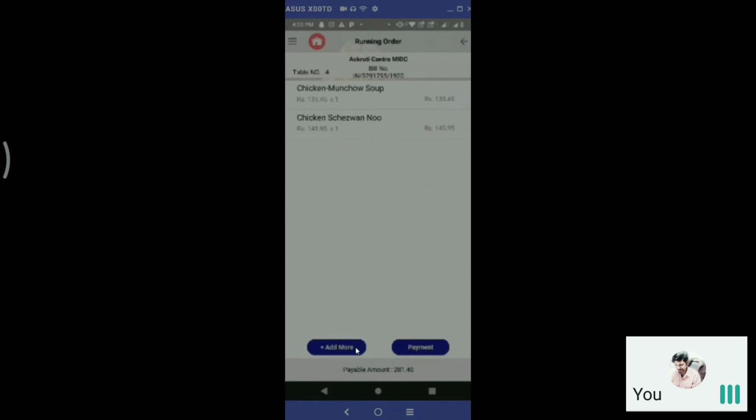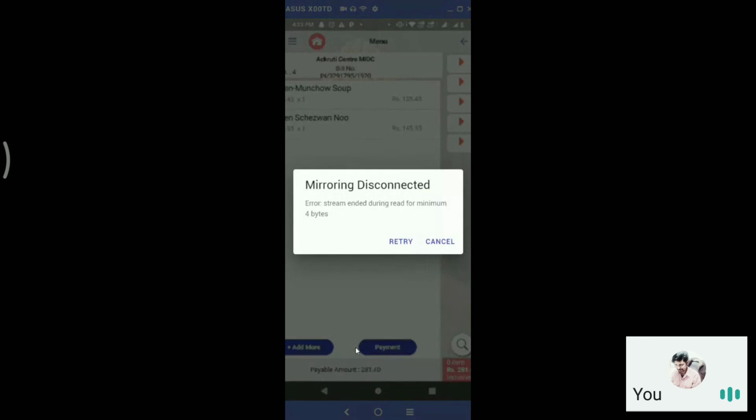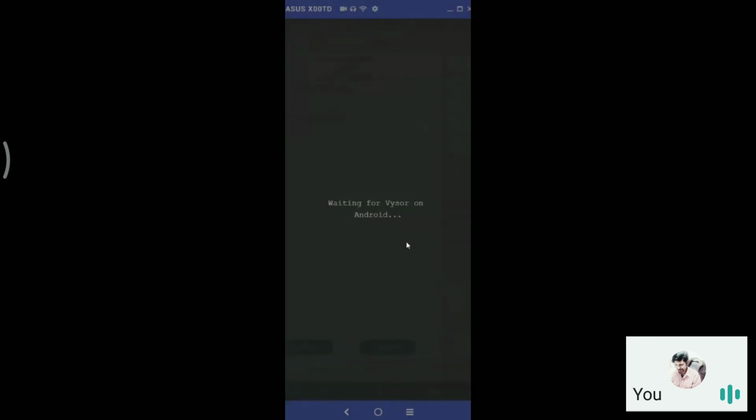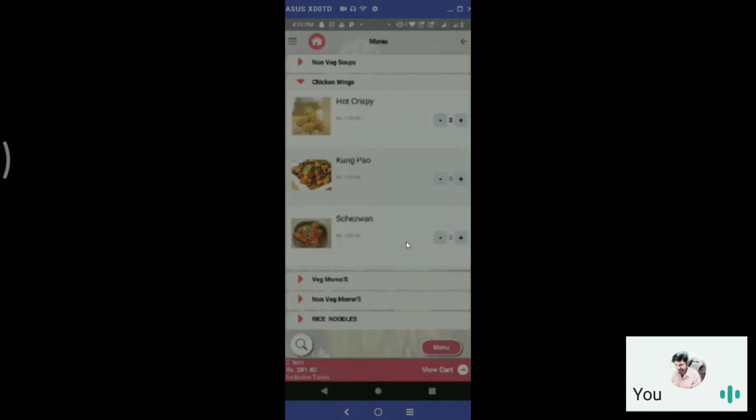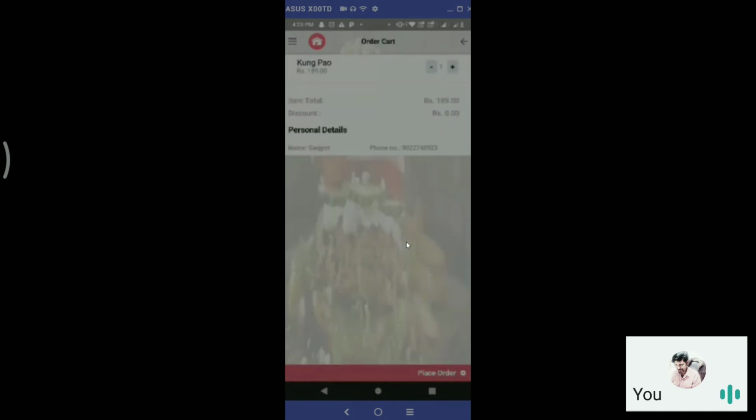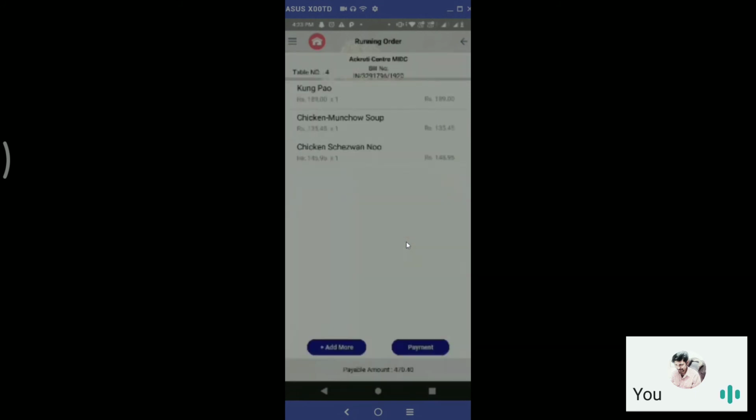So does the contactless menu have any feature for suggestive selling? For example, somebody has taken rice, so I'll attach a few products, like the gravy or the salad should go with it, so it should prompt me that salad goes very well with this product, please click if you want to add it.